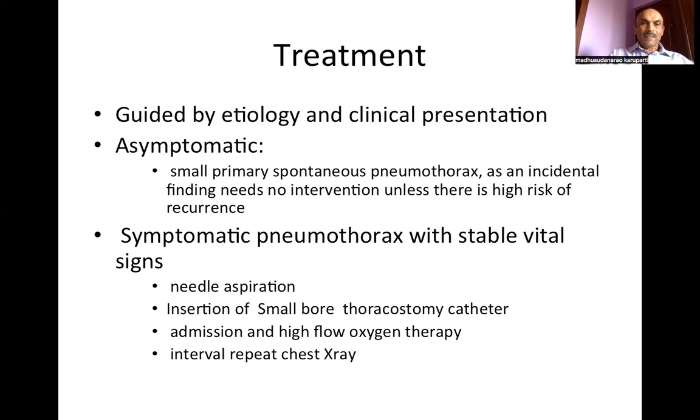Well, the treatment plan differs if the patient is asymptomatic or symptomatic, pneumothorax, stable or unstable vital signs, or if the patient is in tension pneumothorax. If the patient is asymptomatic and you have observed a small primary spontaneous pneumothorax,